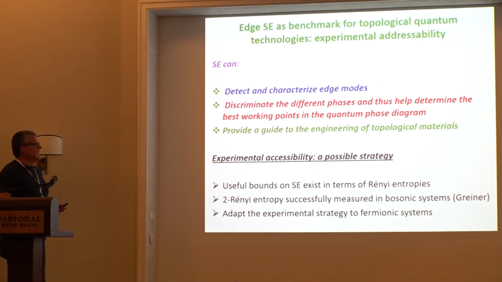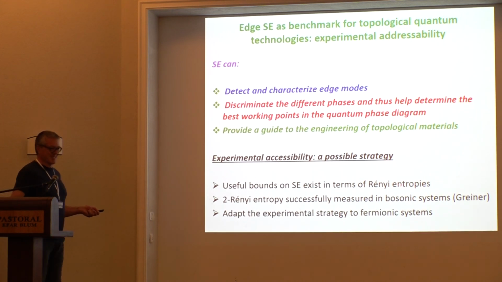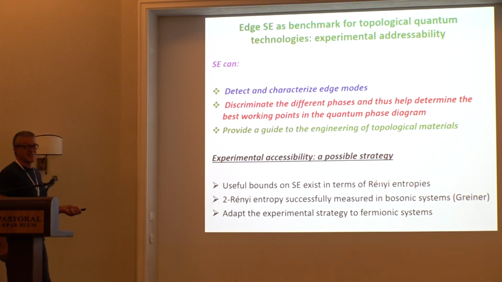Okay, the experimental addressability, very last point. How do you measure this edge-to-edge squashed entanglement? This is tough, of course. It's already tough to measure the von Neumann entropy in real experiments, so the squashed entanglement is going to be even tougher. And a possible strategy is that we know, I don't have time to show it to you, but